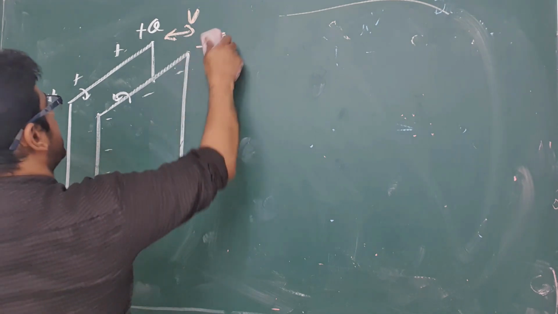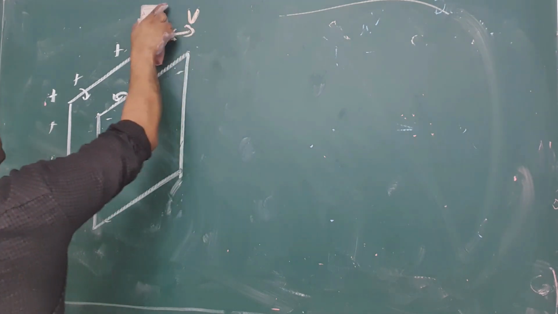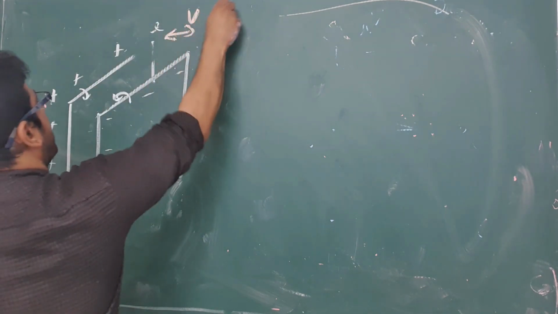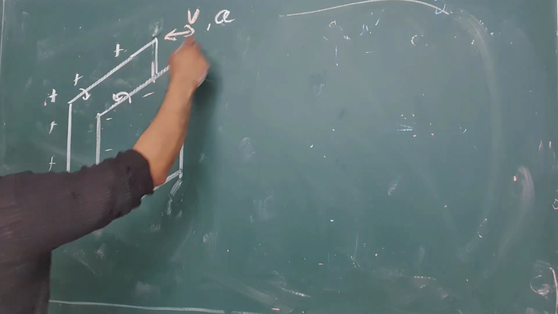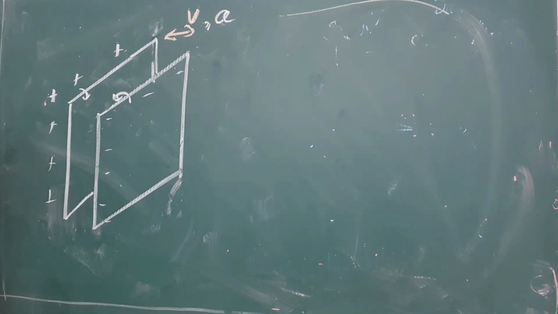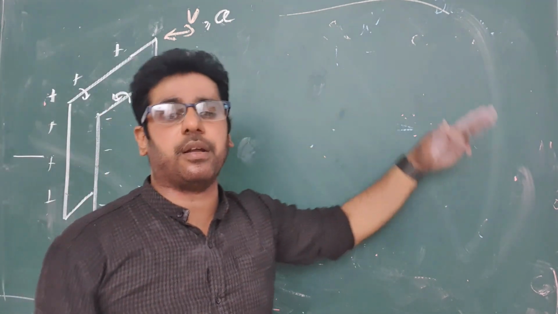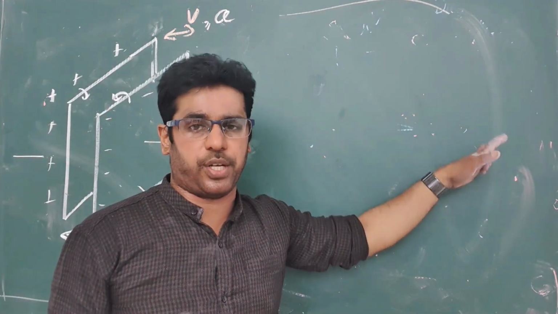I take the voltage difference as V. Normally we write the charge as Q, so that's why I write the charge as Q. That implies the positive plate has plus Q, the negative plate has minus Q. And I take the distance between these 2 parallel plates as D, and the area of a plate as A. I can charge these 2 plates by using 3 methods. What are those? Induction, contact or friction.